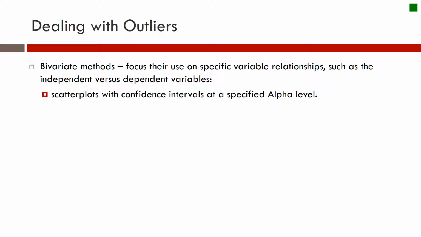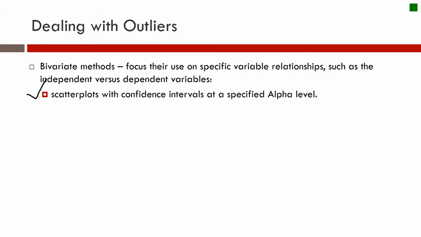So if we have two variables that work together, or that we think go together, and we have a case where the variables viewed together are way out of whack or out of the norm, then that's a consideration or a problem that we want to think about. One way to do this is to start looking at scatter plots.